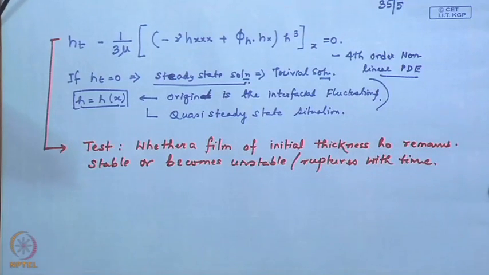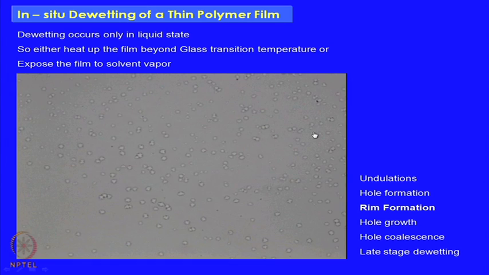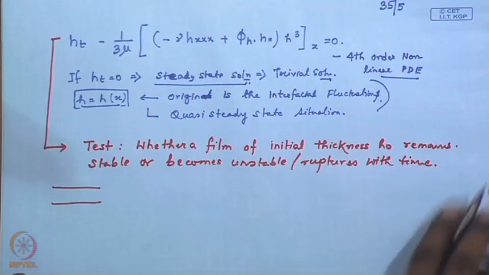Okay. So, in the previous class or a couple of classes before, we had shown a video of a spontaneous rupture of a film. So, I just tried to replay it. So, this is what we were talking about. So, what we would like to test is, by means of spin coating,